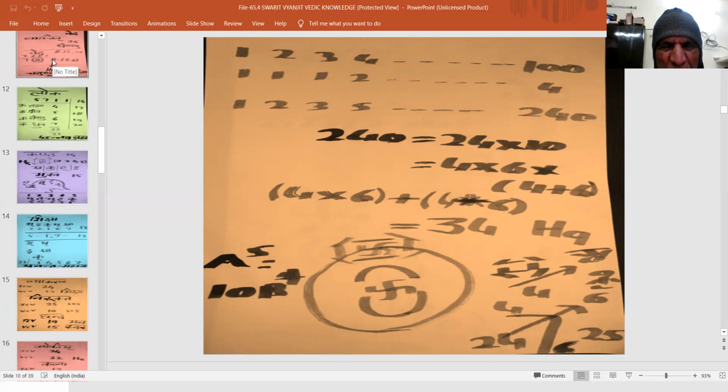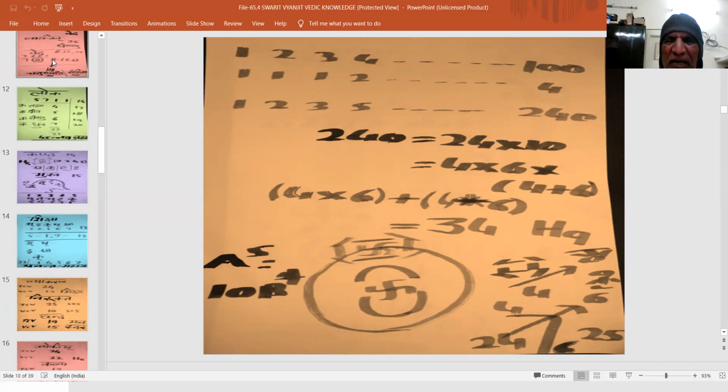be face to face with the summation value of 9 yama letters as 100, and numbers range 1 to 100 leads to factors 240, and number value 240 is 24 into 10, which is equal to 4 into 6 multiplied by 4 plus 6.